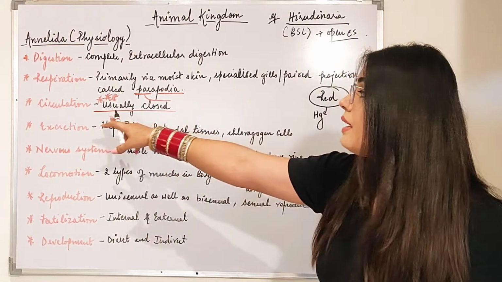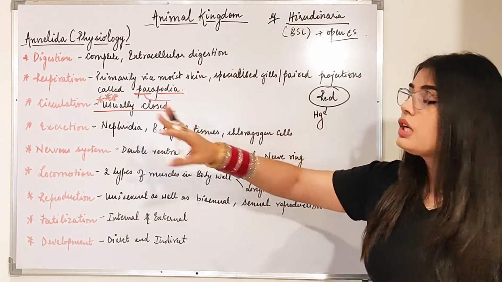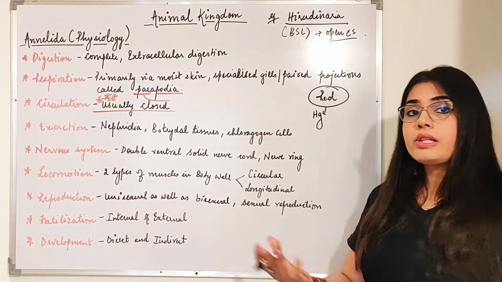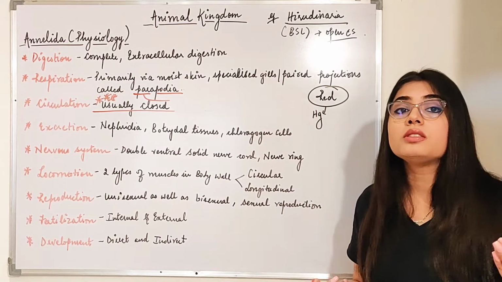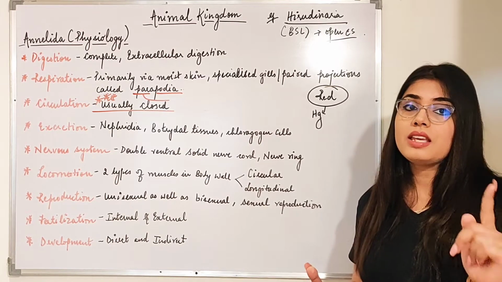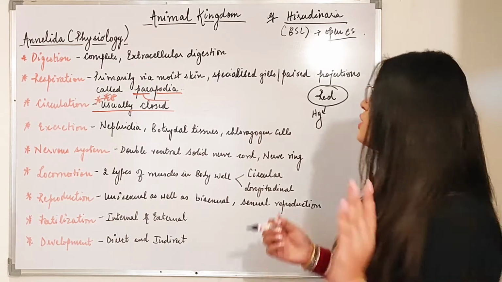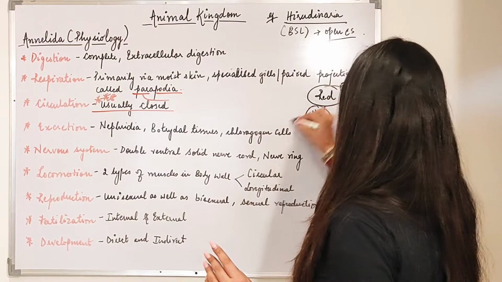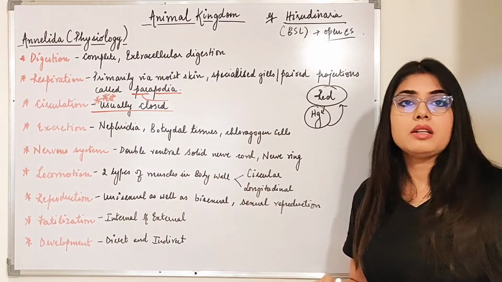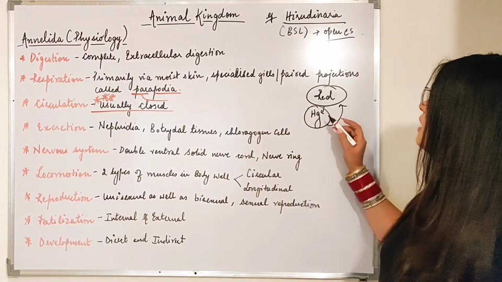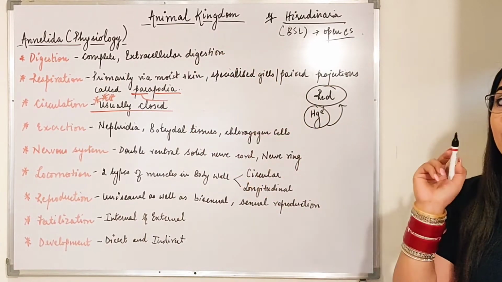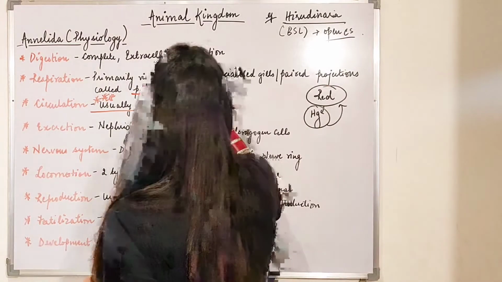Now, what is happening here? I am telling you that they have a usually closed circulatory system. They also have blood, and their blood is also red in color. So what do we have in common? We have in common a respiratory pigment known as hemoglobin. Hemoglobin is present here, and it is giving the red color to the blood. So hemoglobin is present in Annelida. But one important point comes up here,